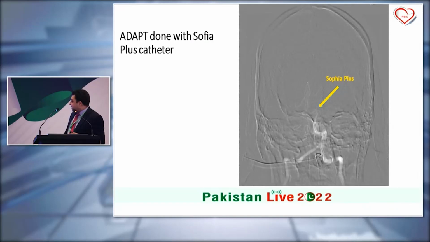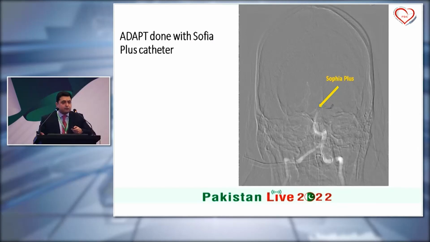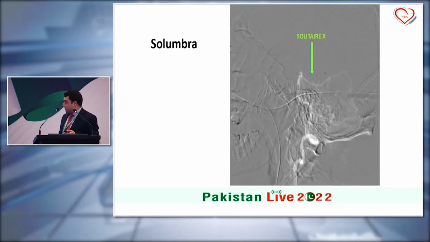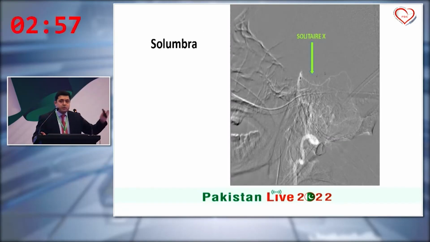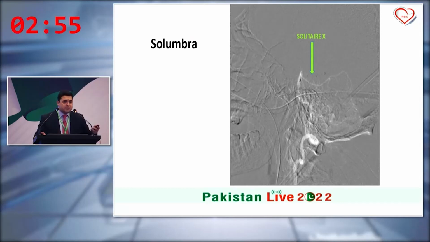And you can see the Sophia, which was taken up, negative pressure aspiration, and Sophia Plus was taken out. And we did the first run to no avail. We did another run, but still we were unable to achieve recanalization. So at this point, we thought of resorting to some other technique, and that was obviously Solumbra, which is the deployment of a stent retriever, and this stent mostly is Solitaire X 4 into 40 mm that we are using,